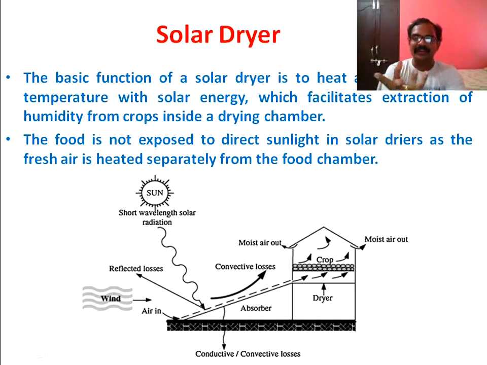Now this hot air will remove the moisture or humidity from the crops, and thereby the crops will be dried out. The advantage of this system is that the same thing could be done by keeping the vegetables or fruits directly under the sun. But when you keep them under the sun, the glazing of the vegetables and fruits will be spoiled, and that cannot be done. So for that purpose, we use air dryers. Instead of direct sunlight, we use hot air to dry the crops, and thereby the quality of the food will be retained. This is the third application, the solar dryer.